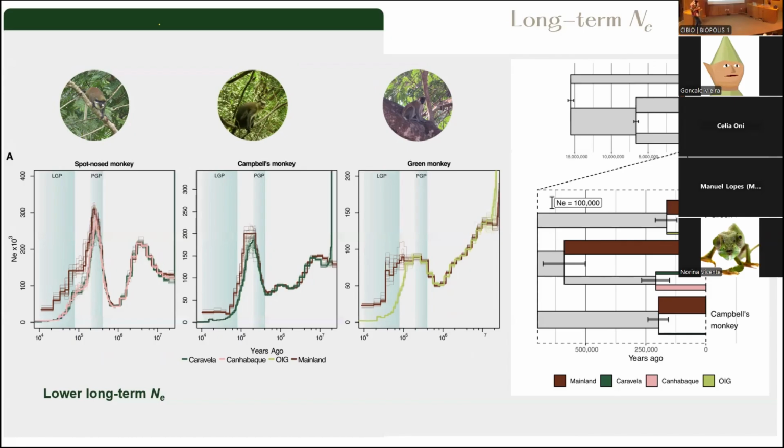So okay, again, it seems that we are finding using these genomes what we'd expect for insular populations: lower effective population sizes and lower diversity, probably due to the bottleneck event that took place during the colonization of these islands.